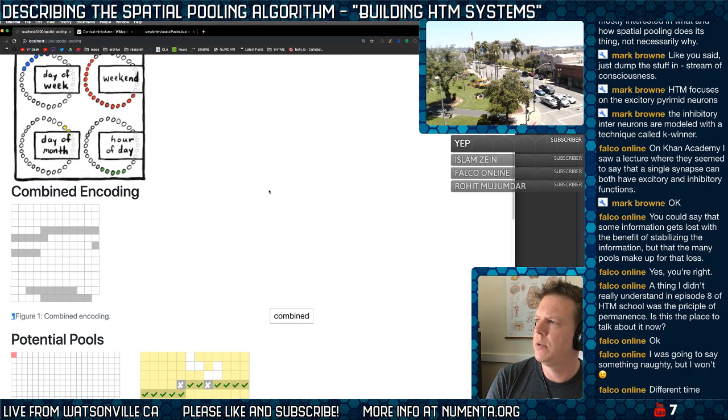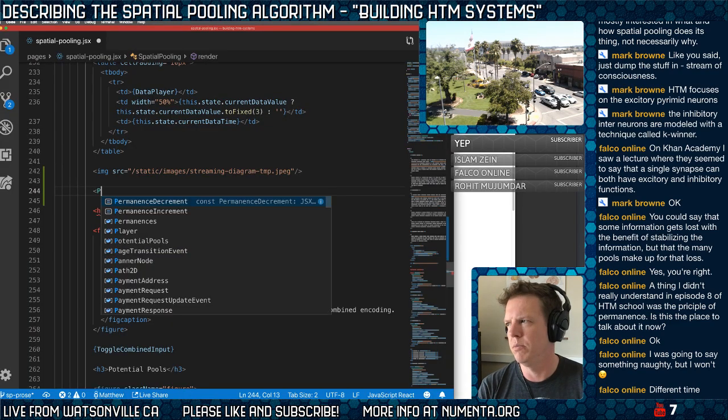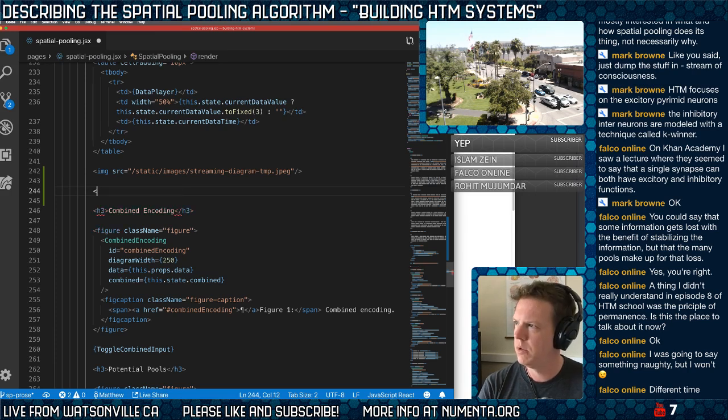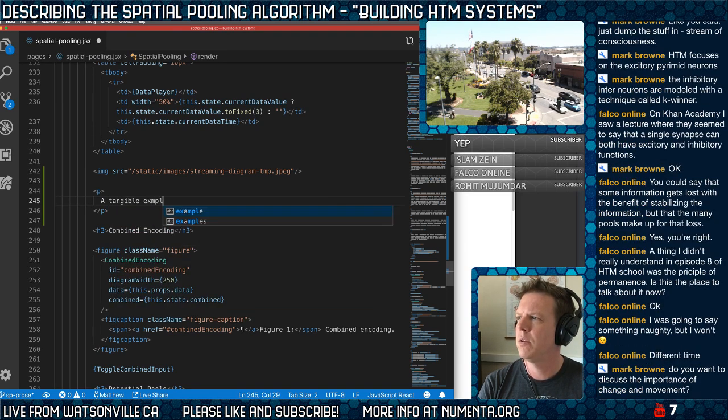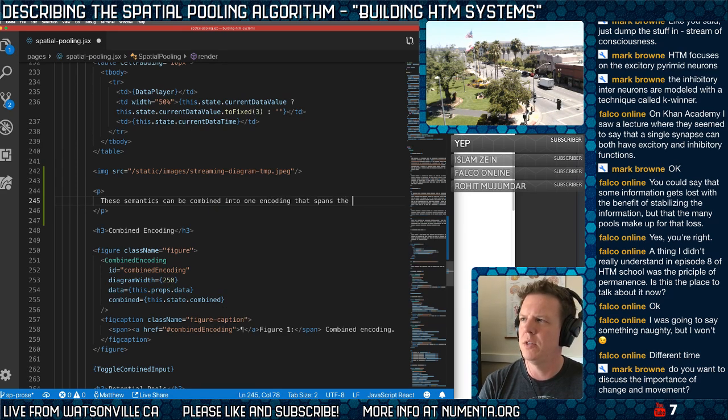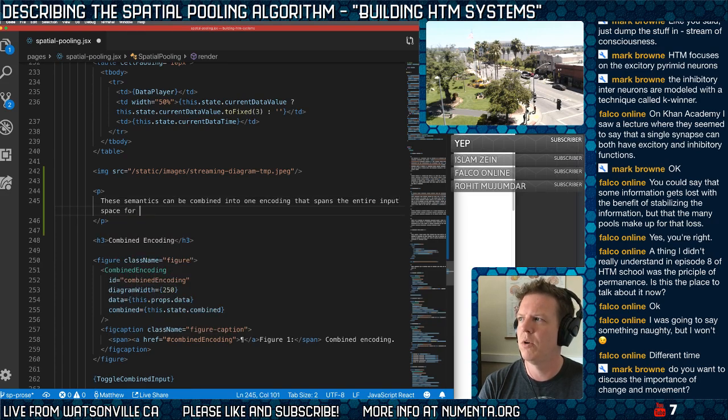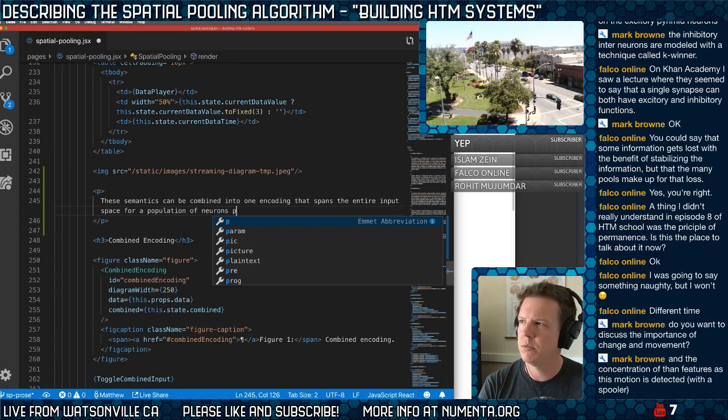And so then, to display a tangible example: these semantics can be combined into one encoding that spans the entire input space for a group of neurons performing spatial pooling, a population of neurons performing